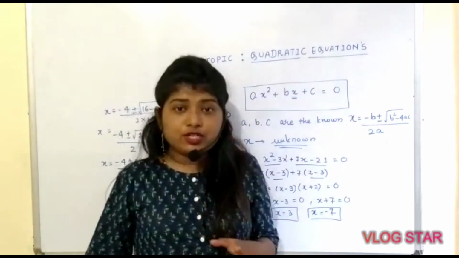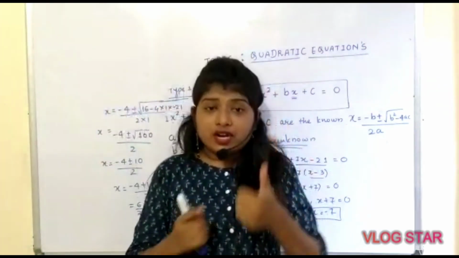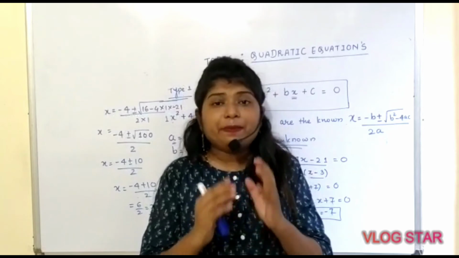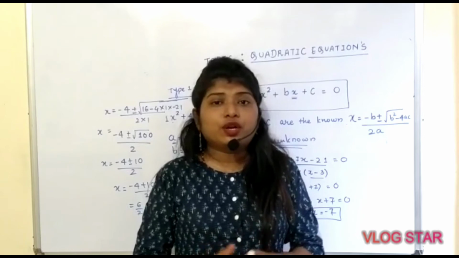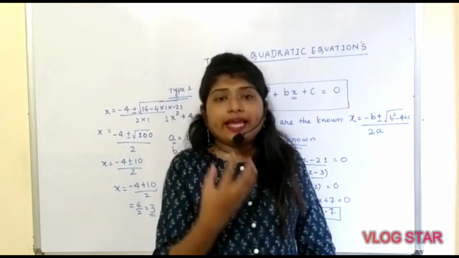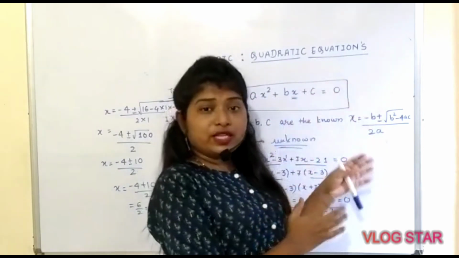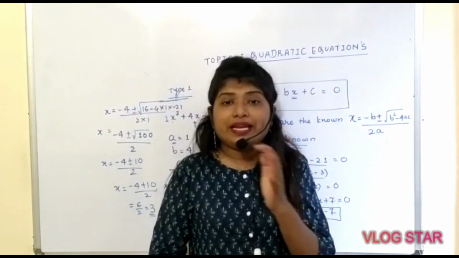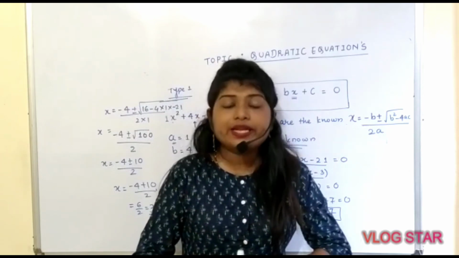I hope you have understood both the methods related to quadratic equation. The first method is what? Factorization method, and the second one is by simply applying the formula you will get the final value. I hope you have understood the quadratic equation. So what is basically the standard quadratic equation? Ax square plus bx plus c is equal to 0. The formula is what? To calculate the roots of the quadratic equation. X is equal to minus b plus or minus under root of b square minus 4ac upon 2a.